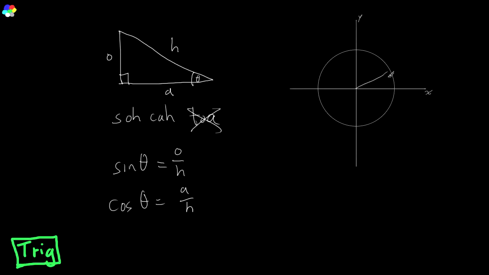And that's just a relationship for any general triangle. Because if it's not in the standard position here, then you might have trouble figuring out which angles are doing what. And if you take a triangle in standard position, you see that H is just R, and this is theta. Opposite is just X, and adjacent is just Y. So, for example, take cos theta. Cos theta would then be equal to